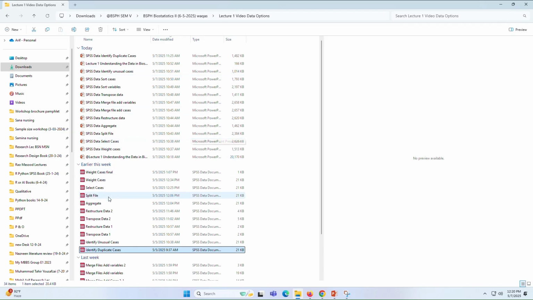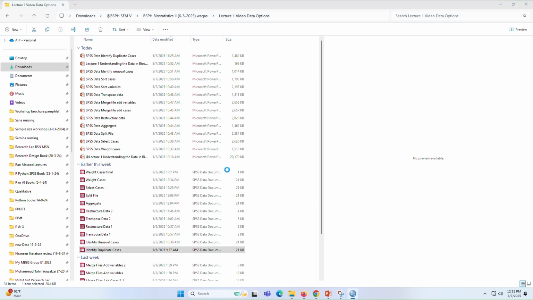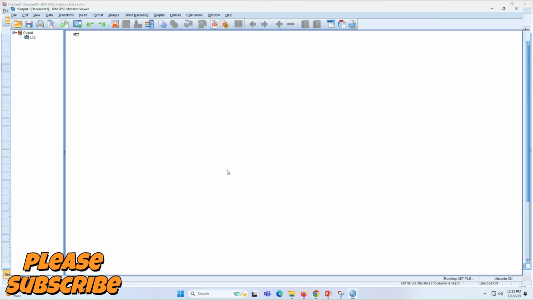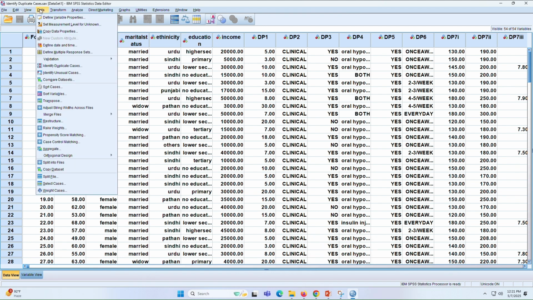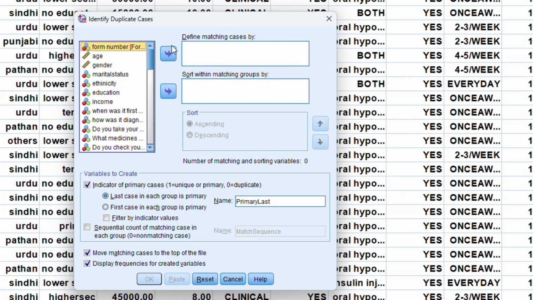Okay, first we go to our folder where we have the data file, and we open this data file in SPSS 24 version. Data. Okay, we go to data options, the data menu bar, and go to identify duplicate cases and move all variables. First, select all variables and move to